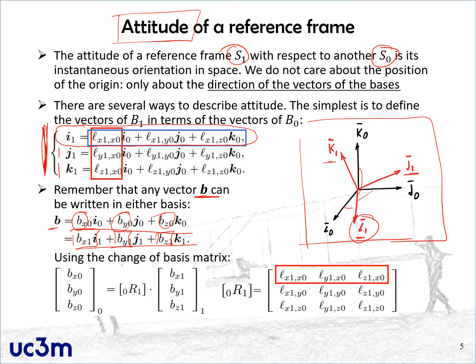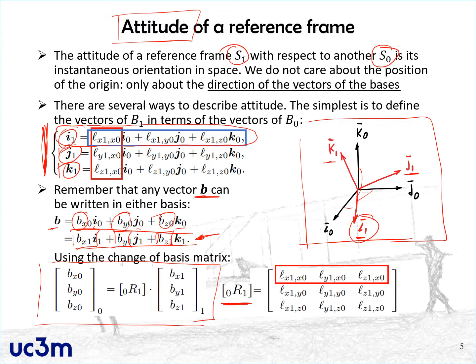The way to see the relations is to use the change of basis expressions over here, okay, to replace I1, J1, and K1, and then gather the terms that are proportional to I0, J0, and K0 on the two sides of the equation, and we can find the relations between the components. These relations, we could write them in a matrix form, and that was the way that we introduced the change of basis matrix, okay, this